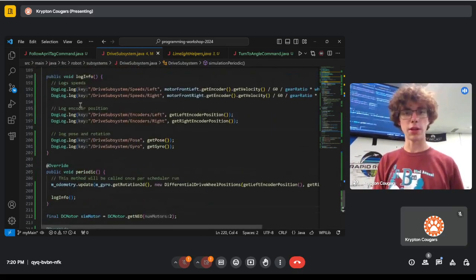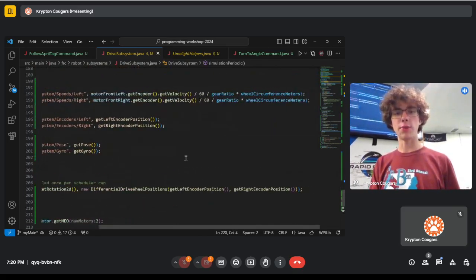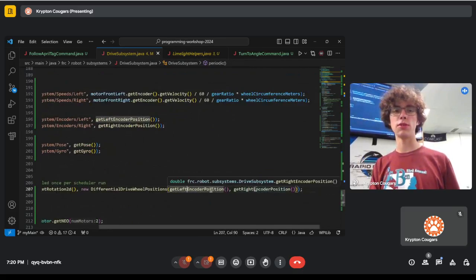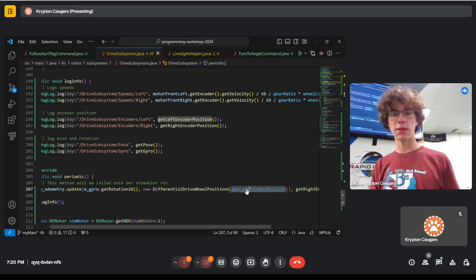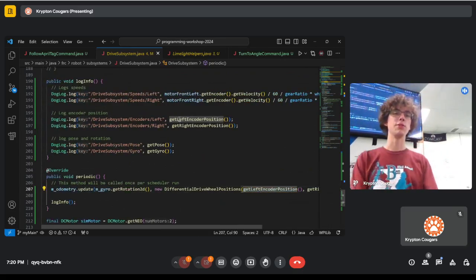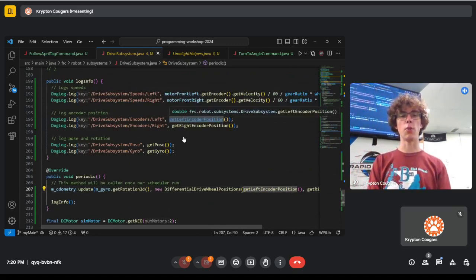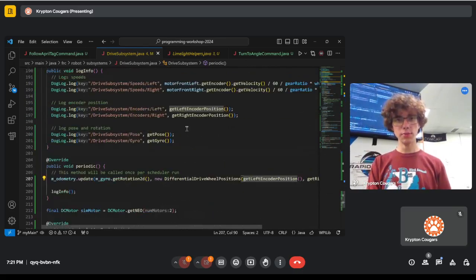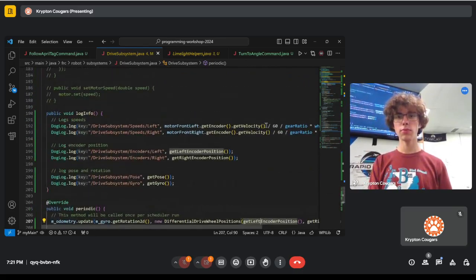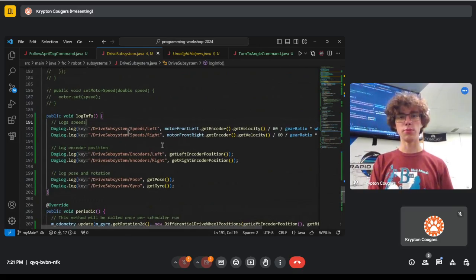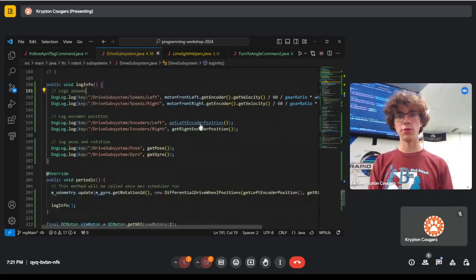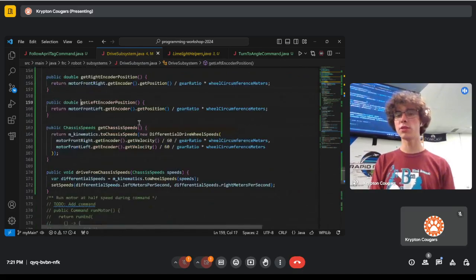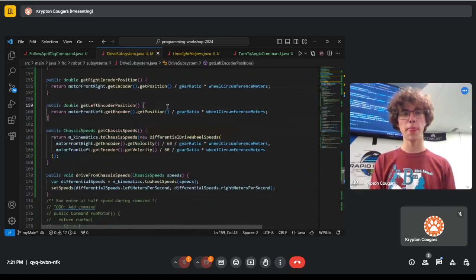So we will continue. Now, at a lot of spots, we're calling methods like this, like get left encoder position, get right encoder position. It's good we already have these separated out, because what we need to do is we kind of need to replace this with a way of accessing these sim values. So here we're going to go to get left encoder position, and we're just going to start with this because we already have it separated. If